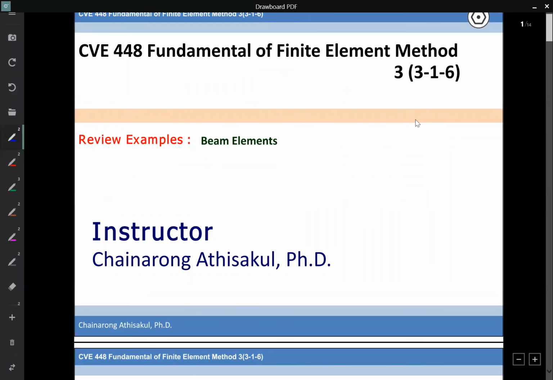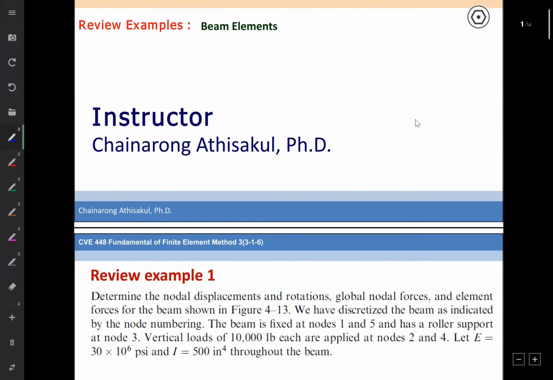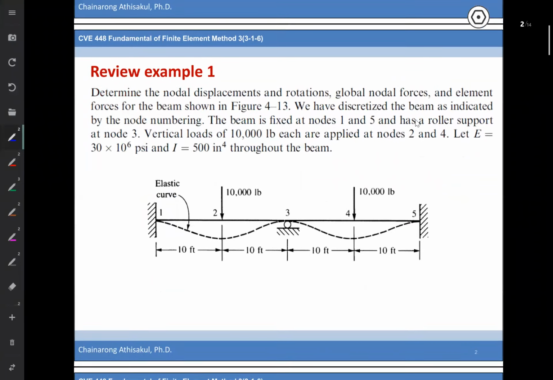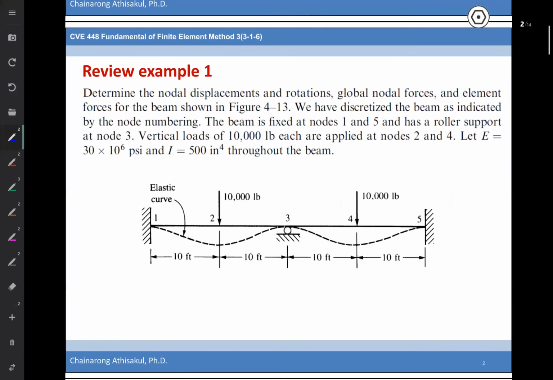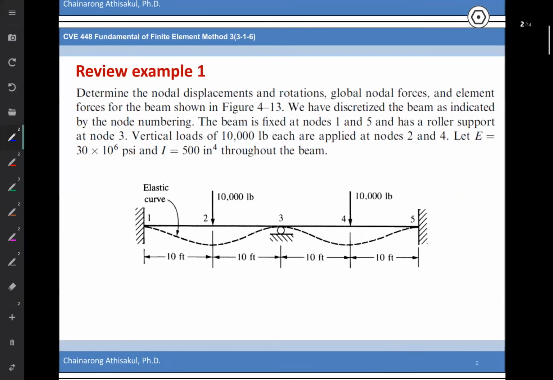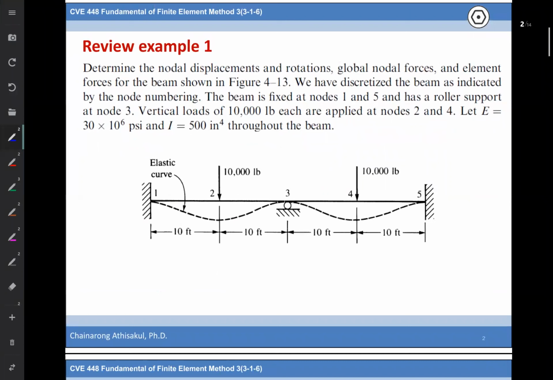Okay, in this video we will solve the problem of the beam element again, according to the problem from the Logan text, the finite element method. The problem is about a continuous beam,